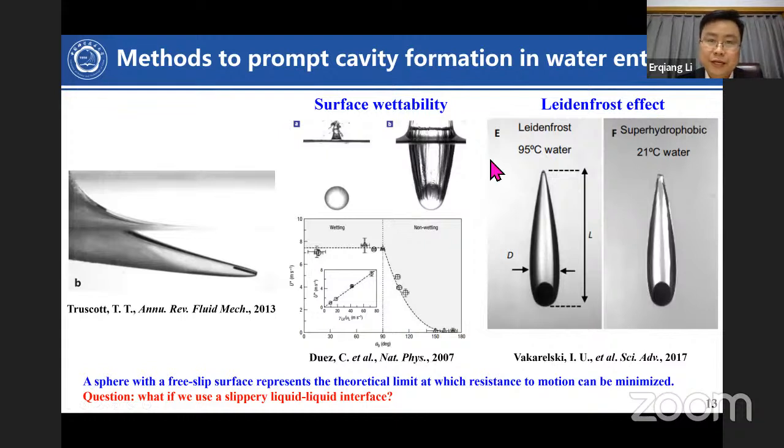So how to promote cavity formation? There are basically two types of methods in the literature. One is from this very nice paper from Booth and colleagues. They realized that if you increase the contact angle of water on the solid surface, or we say you change the wettability of the surface, you can change how the cavity is formed. Especially, let's see here, if your contact angle is larger, then the threshold velocity, or the minimum velocity you need to produce a cavity, is reduced. That means for a high contact angle, it is easier to produce a cavity.